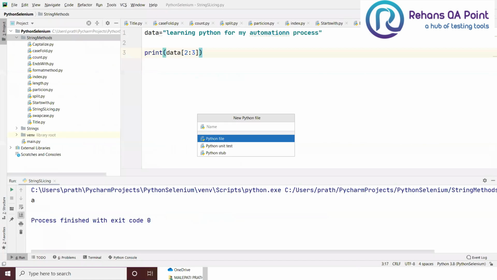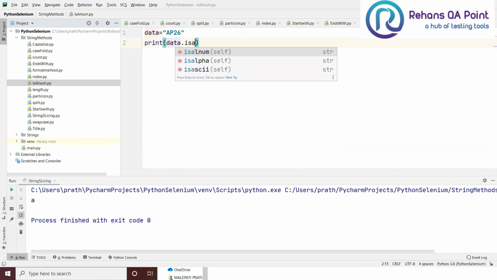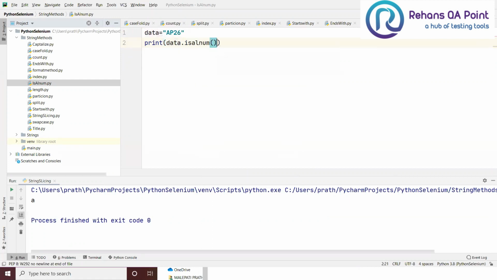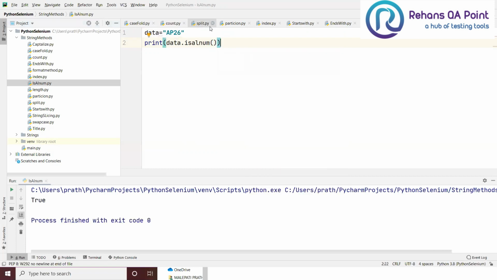So let's go and see. I have data is equal to "select AP26". Now I need to verify: print data dot isalnum. Now what happened here? I have it as true because I have alphabets as well as numbers also.